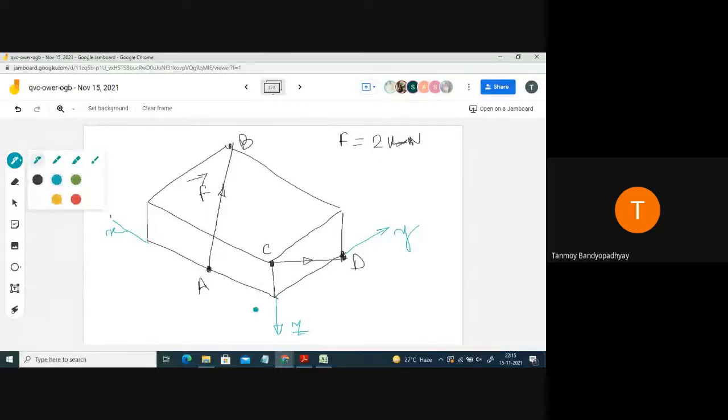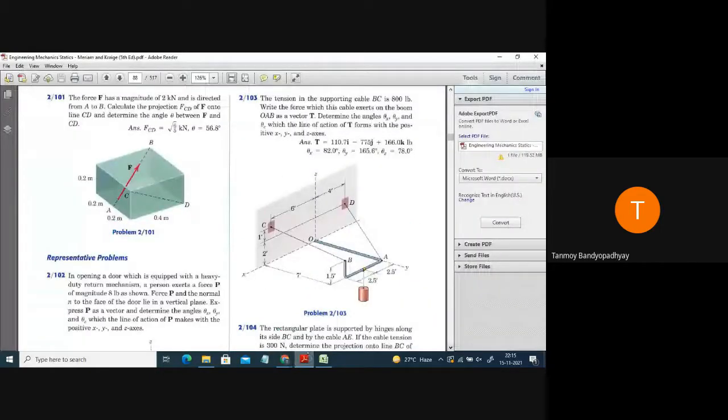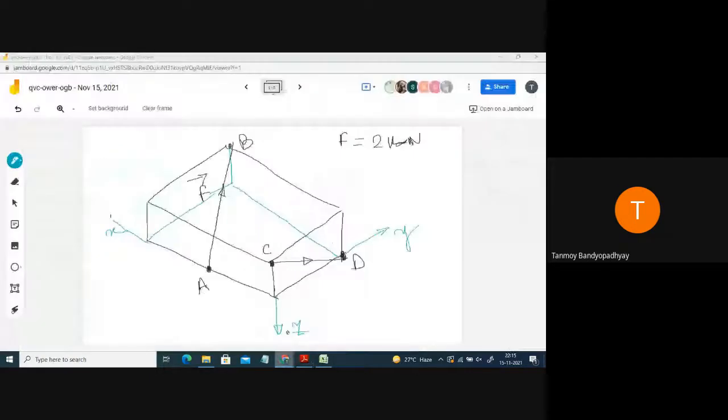For this origin, I haven't completed everything; the drawing is not complete here. How much were these? So this was 0.2, 0.2, 0.4, and the height is actually 0.2. So the coordinates of the point B will be, this is the x plane, so B will be 0.4, 0.4, minus 0.2.